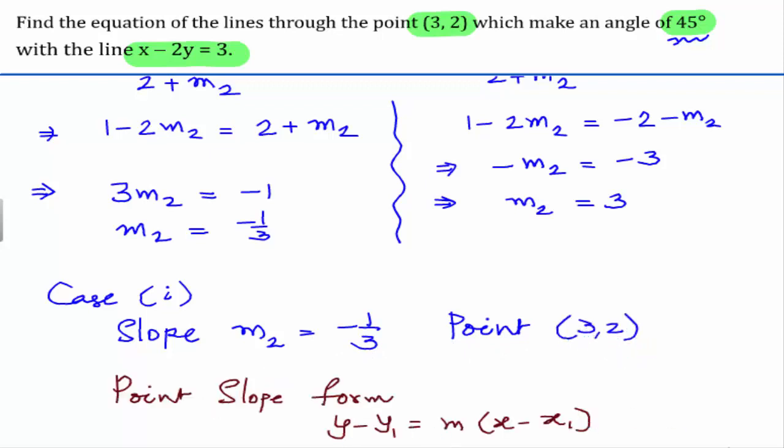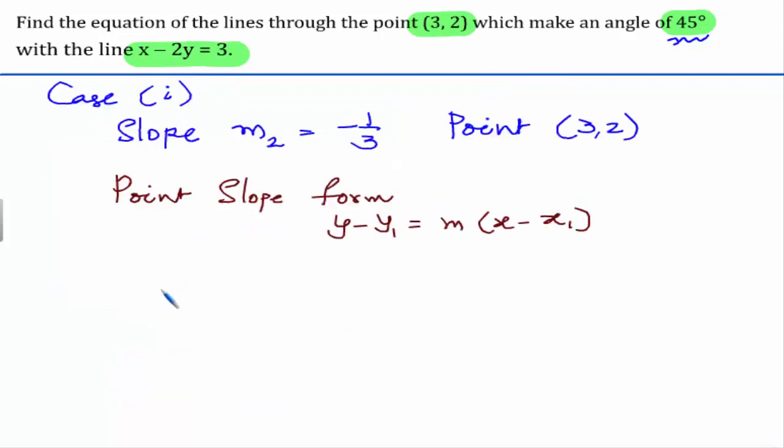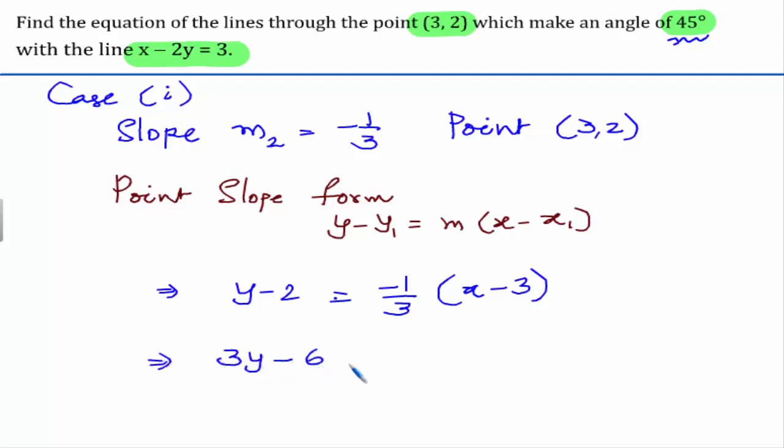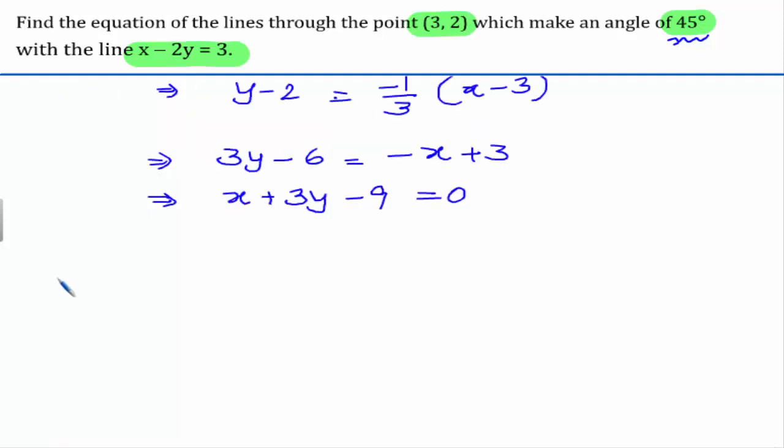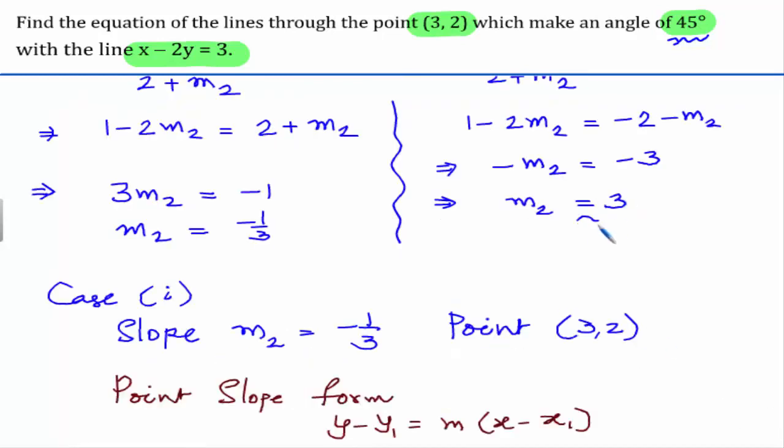Now we use the point slope form. This is y minus 2 is equal to minus 1 by 3 into (x minus 3). If we simplify this, we get 3y minus 6 is equal to minus x plus 3. That will give us x plus 3y minus 9 is equal to 0. Now let us move on to case 2, where slope m2 is 3